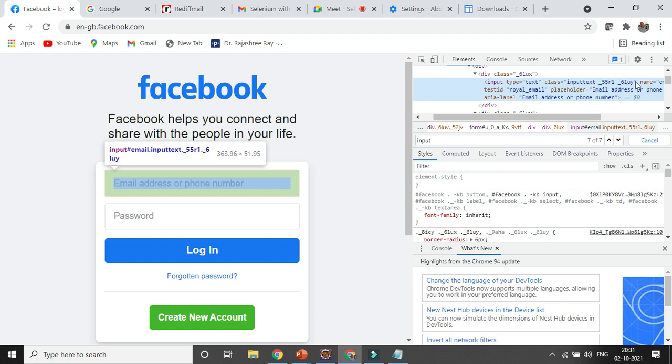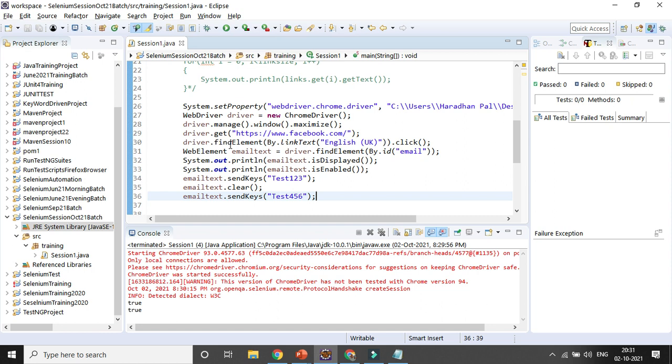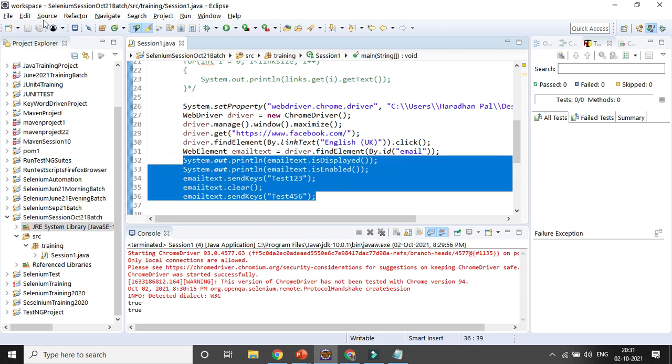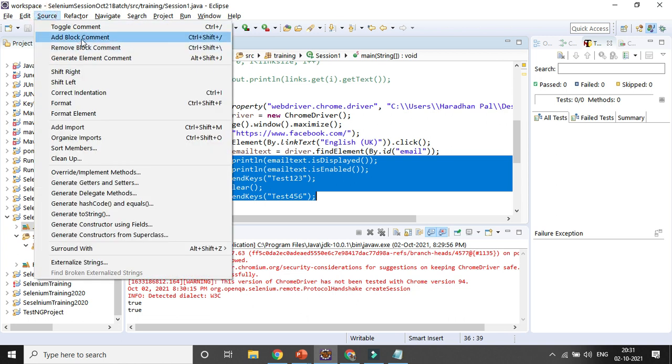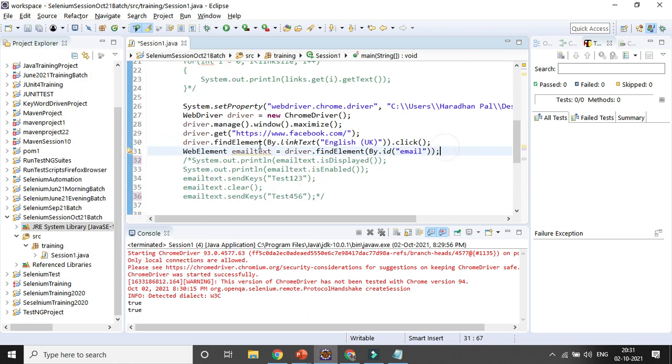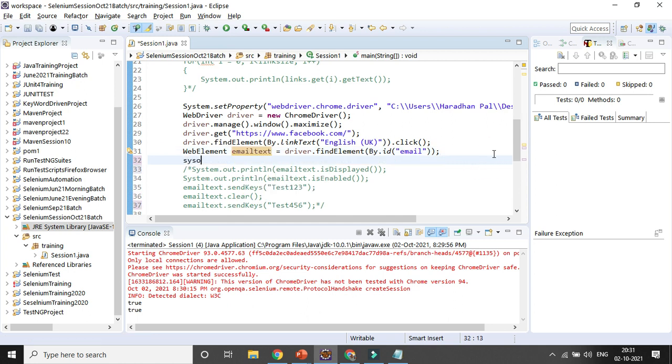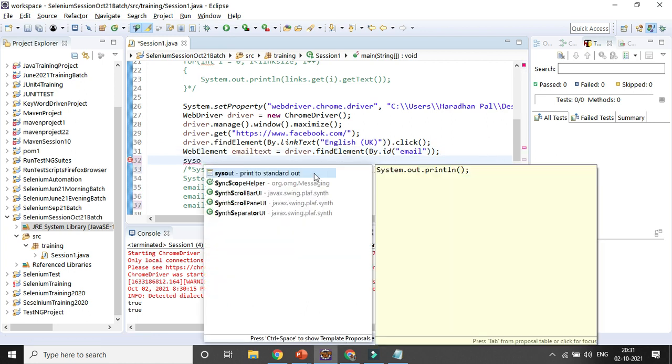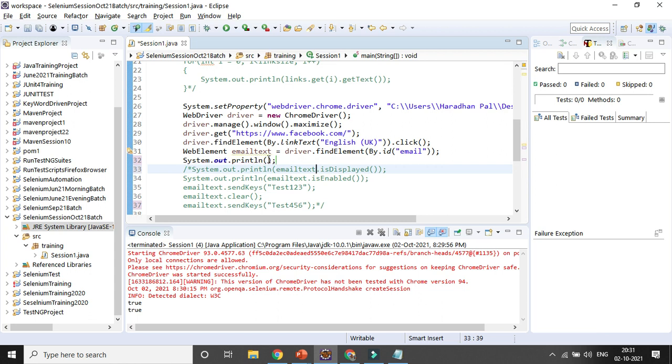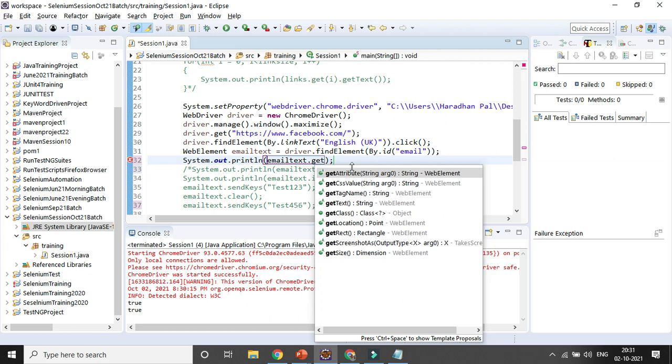Suppose I want to print the attribute in my console. How can I print it? Let's comment out all the lines of code. Now I want to get the attribute here. I already declared the variable, so I will enter SYSO, then add dot getAttribute, and here I need to give the attribute I want to print.